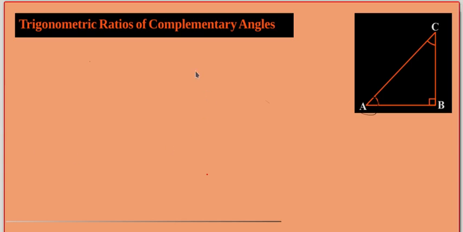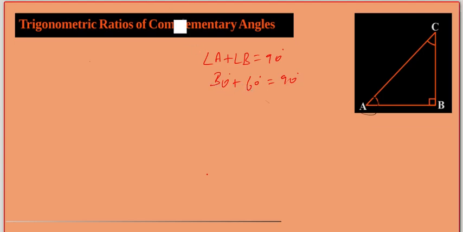If the total sum of a pair of angles is 90 degrees, then we can say they are complementary angles, isn't it? Suppose angle A plus angle B is 90 degrees, then these two angles are complementary angles. Suppose angle A is 30 degrees and angle B is 60 degrees, the total sum becomes 90 degrees, no? So we can say these two angles are